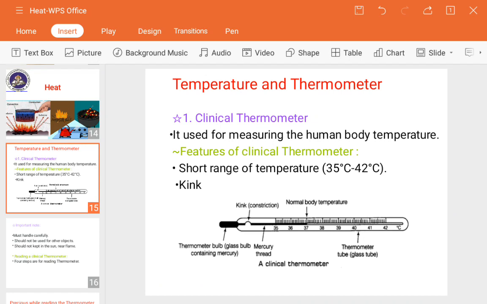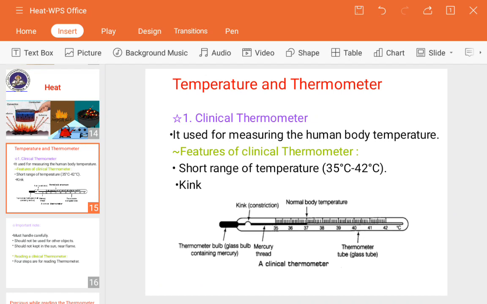A very high temperature of a body indicates that it is very hot, whereas a low temperature of a body indicates that the body is very cold. For example, the temperature of boiling water is quite high, so boiling water appears to be very hot. On the other side, the temperature of melting ice is quite low, so ice appears to be very cold on touch. So this is actually the difference.